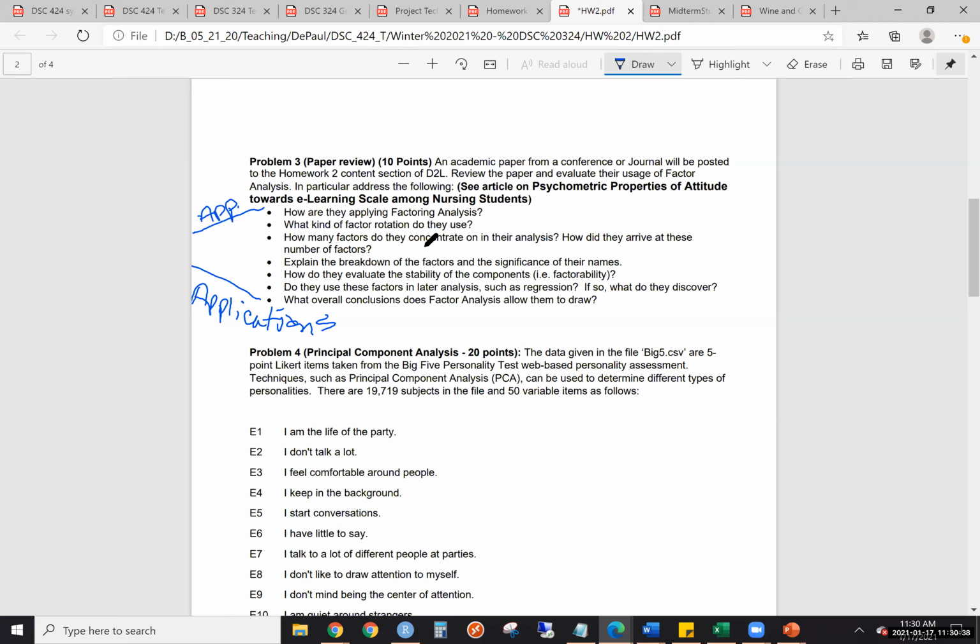How many factors did they concentrate on in their analysis, and how did they arrive at the number of factors? So did they use 4 factors? Did they use 3 factors? And how did they arrive at that? Did they use the scree plot? Did they use eigenvalues greater than 1? Did they use the cumulative proportion of variance? Did they use